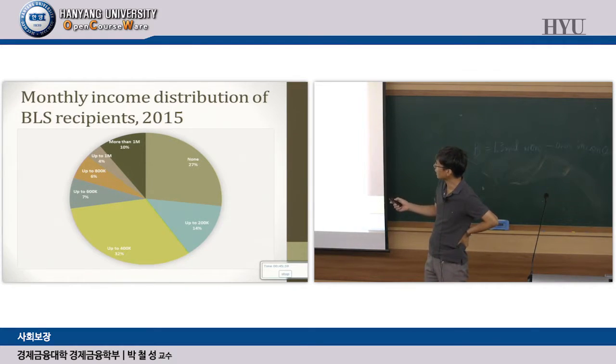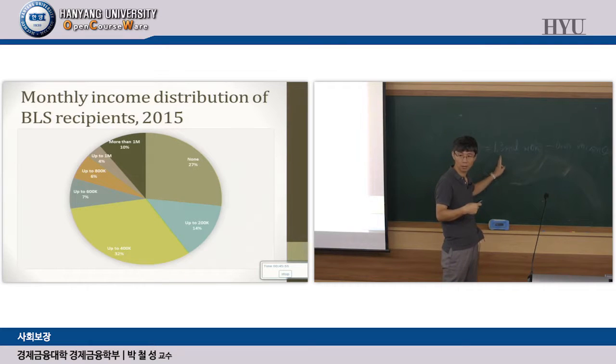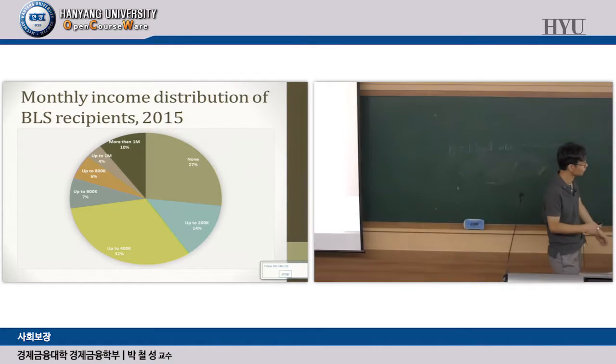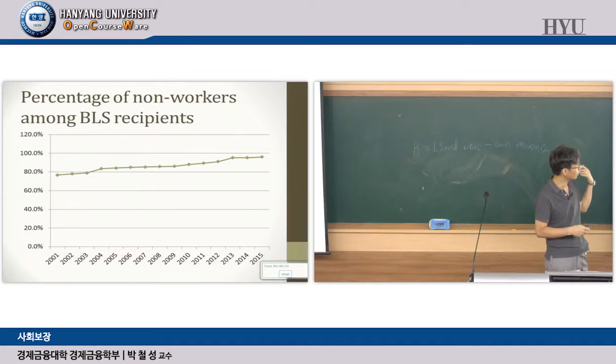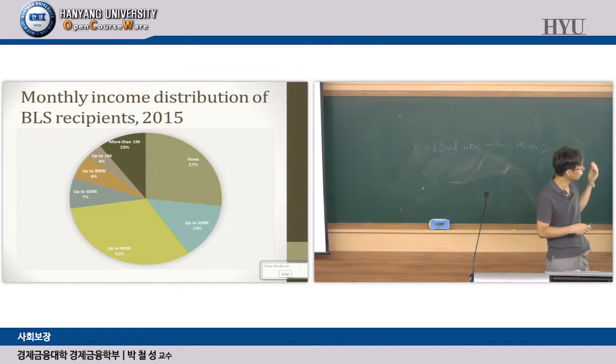But still, there are some households who earn more than 1 million won per month. That's about 10%. Well, for large households, if you get 1 million, you can still be eligible. You see, 1.3 million is the threshold, so it's possible that 1 million won is still eligible. So anyway, what it shows is that almost nobody is working, and most of the households obviously have a very small amount of own income.